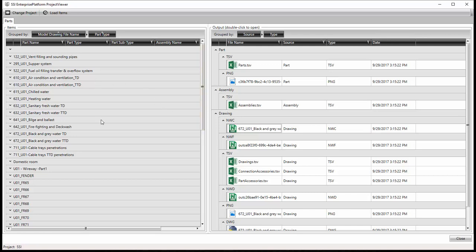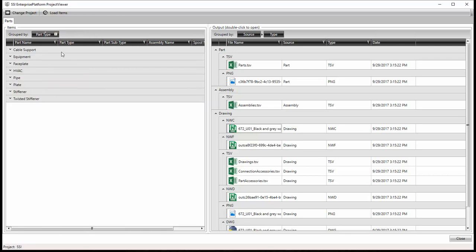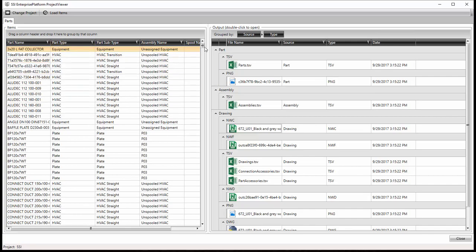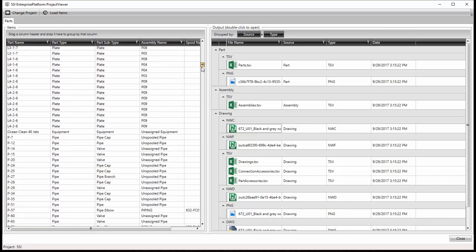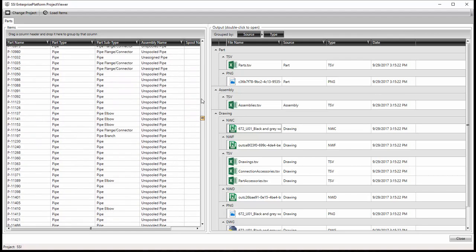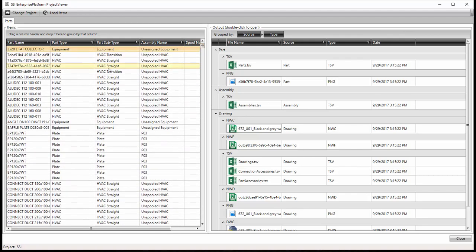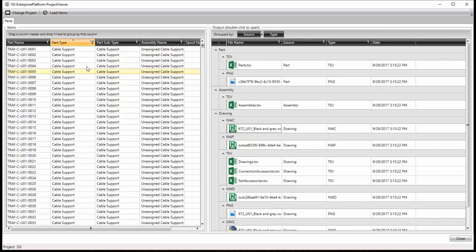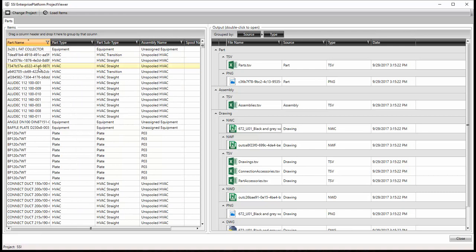If I look at the left pane, this is a list of all my parts. If I select remove these filters, it'll give me a flat list of all the parts that are in my unit, which is the source I picked. And now I can do a lot of filtering. I can filter by part type, by part name,